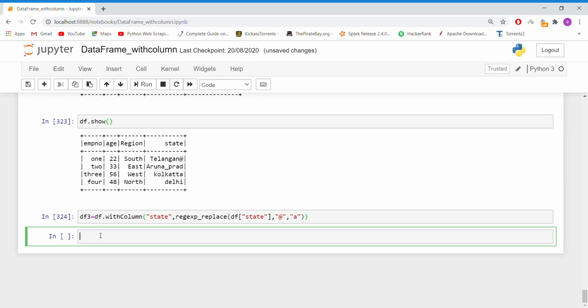Now it has been executed. Let's see the output.